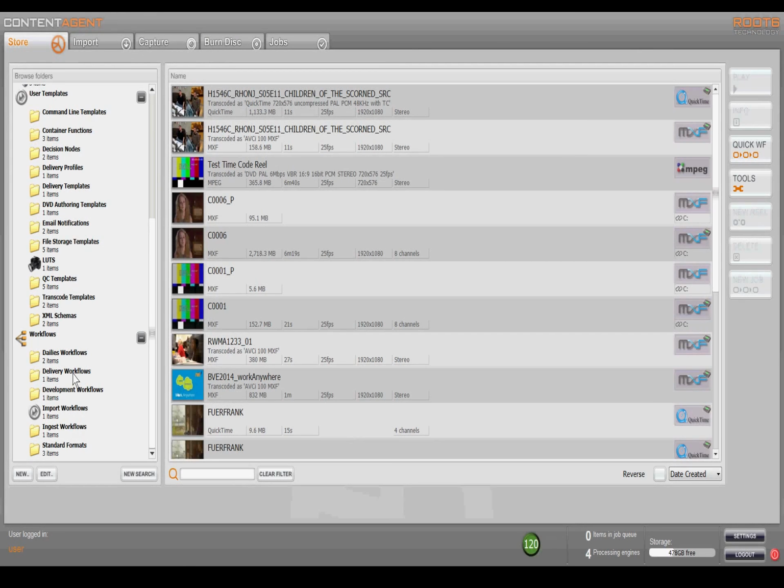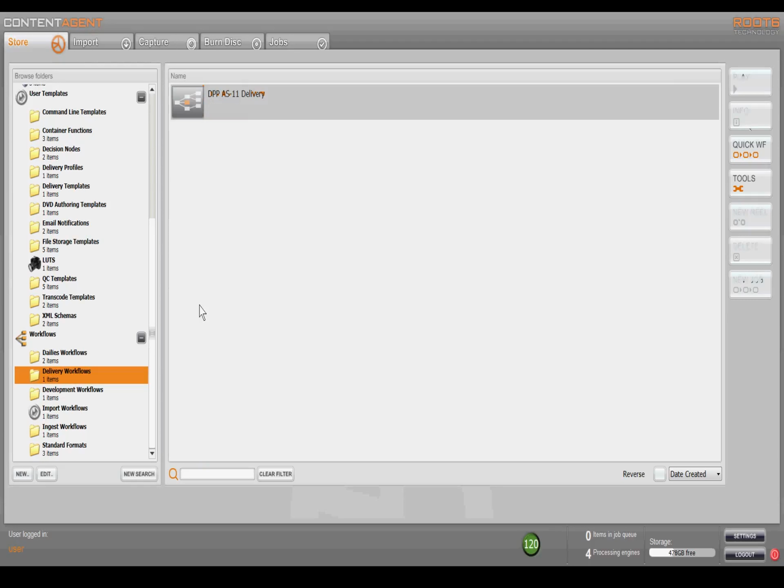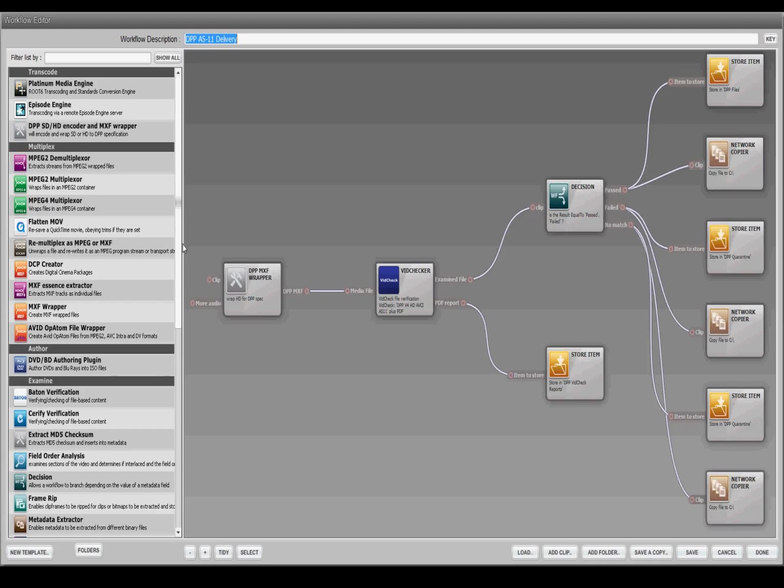I'm just going to talk you through a workflow we can use in ContentAgent to automate and centralize this process. ContentAgent has a number of file management features, and this also means that we can treat workflows as an asset to bring up at any time and have pre-configured ready for whenever we need them. So I'm going to talk you through the workflow that we're going to be running our files